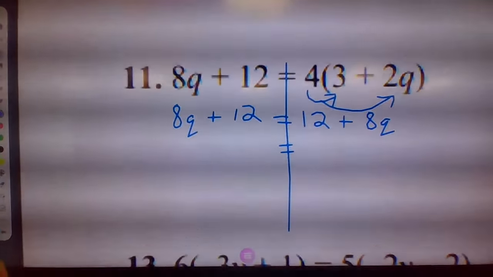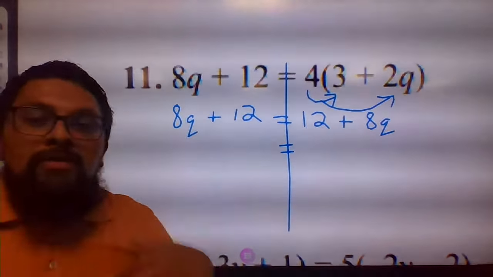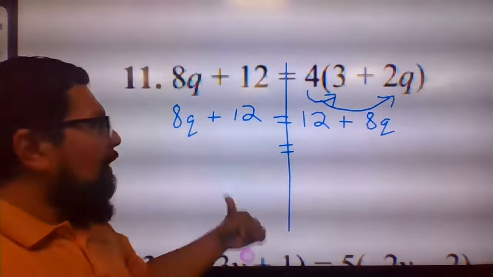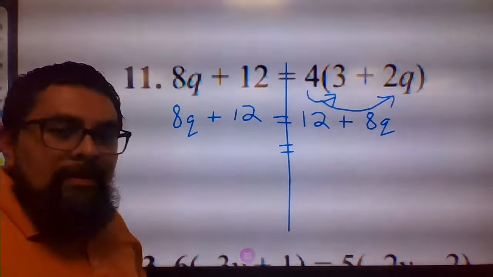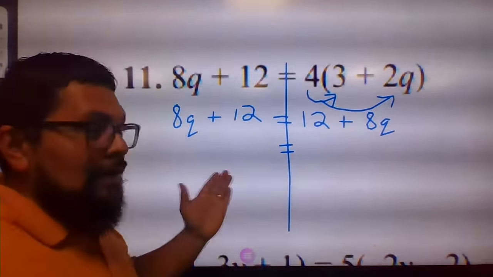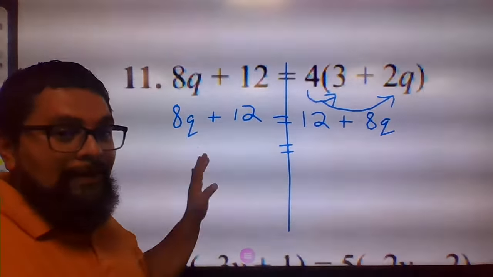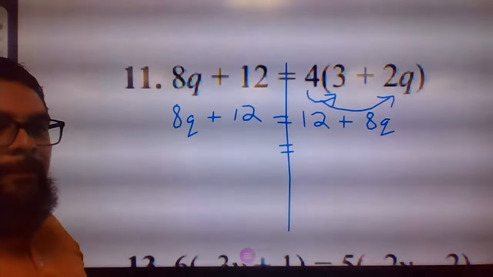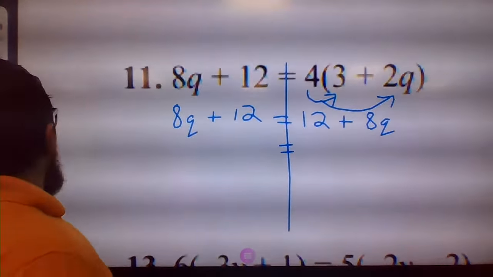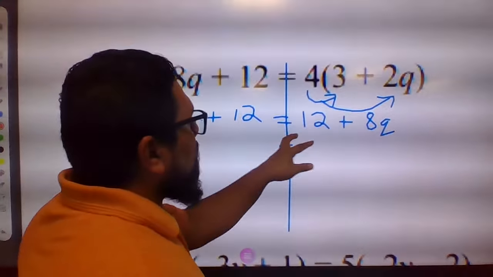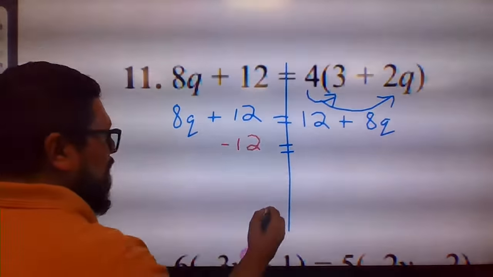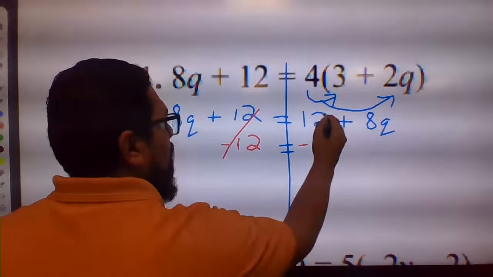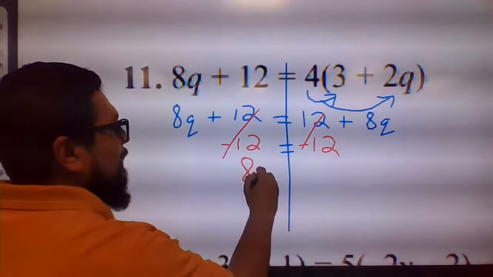All right, so what are we going to do? So you make a choice. You can move this way or move these this way. Okay, so let's pick either one. It doesn't matter. And you should kind of know what the answer is going to be if you notice this side and if you notice this side. Okay, if you pause the video for a second and look at it. Okay, so I'm going to move the constants. I always like to move the constants. So minus 12, subtract 12, subtract 12. What you do to one side, you do to the other. 0, 0. So you get 8q equals